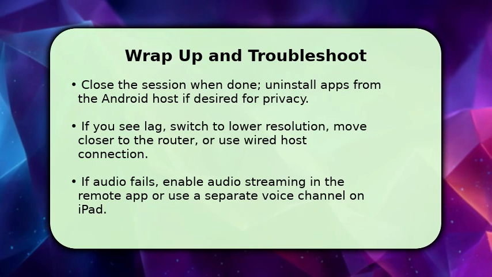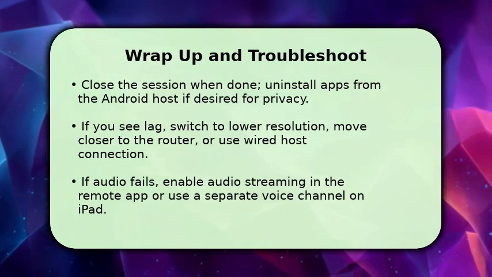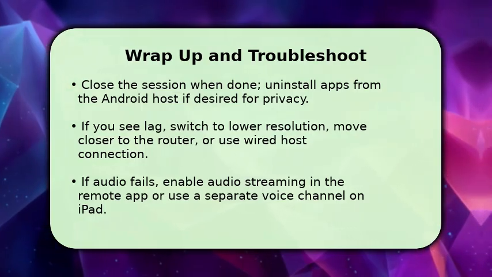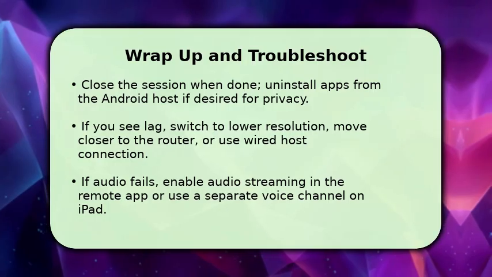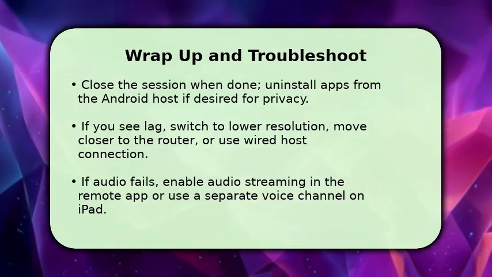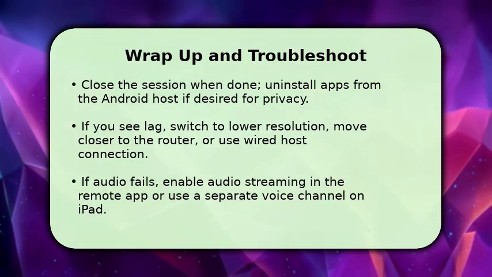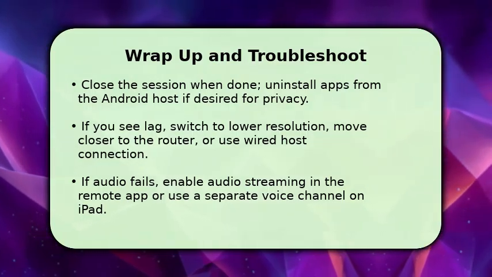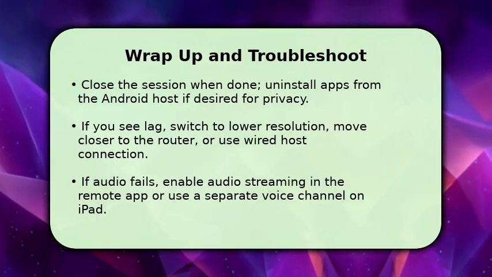To finish, close the remote session and sign out of the Android host if you don't want persistent access. If performance is poor, reduce streaming resolution, place both devices closer to the router, or connect the Android host via Ethernet for stability. If audio doesn't come through, enable the remote app's audio streaming option or use a parallel audio